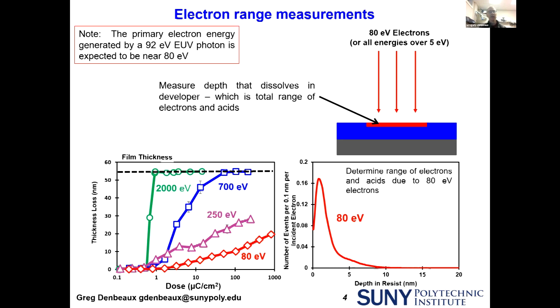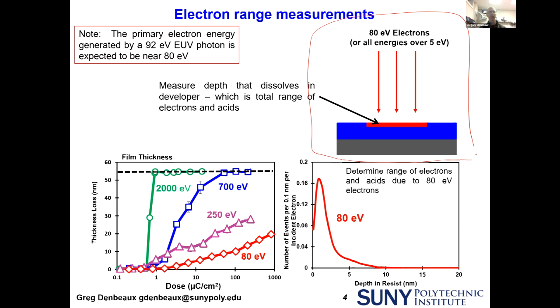Of interest then is how far these electrons travel. If a photon gets absorbed, it generates an electron, it travels, causing chemistry. The farther that distance is, the more the resolution is lost in this lithography process. So we study those effects. The simple version is shown on the top picture, which is that we can just start by shooting 80 eV electrons at the sample. The photoresist responds to electrons. We can see how deep in the photoresist those electrons are being exposed, which is causing the photoresist to dissolve in the developer, and we can measure the range of these electrons